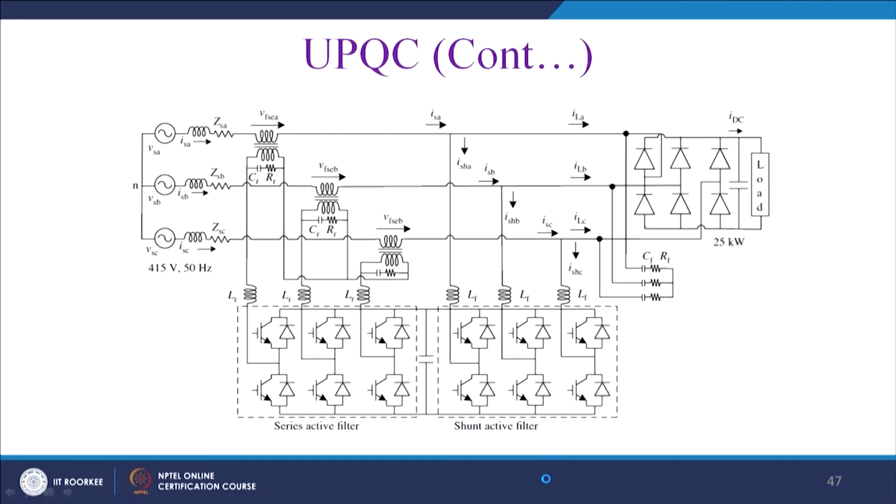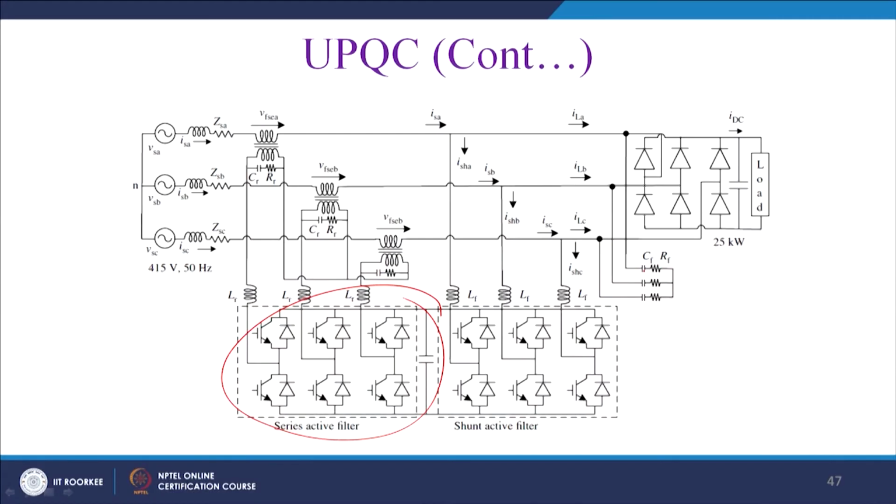So, this is the overall figure of the UPQC. Here this part is the series part, which will be responsible for compensating the voltage, and it will mitigate all the issues related to voltage sag, voltage swell, and voltage harmonics. This part is the shunt part, and this is the high pass filter to mitigate the switching of these filters. You may have a disturbed voltage source, and this will be rectified by the series part of the filter.